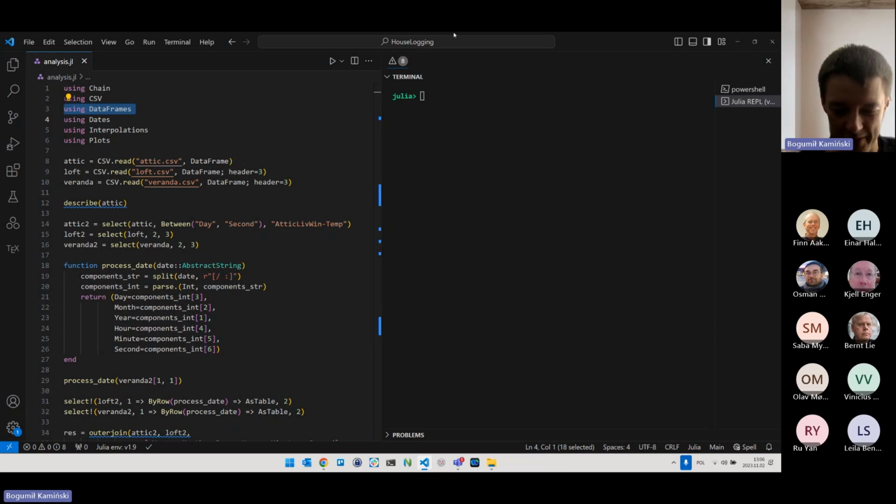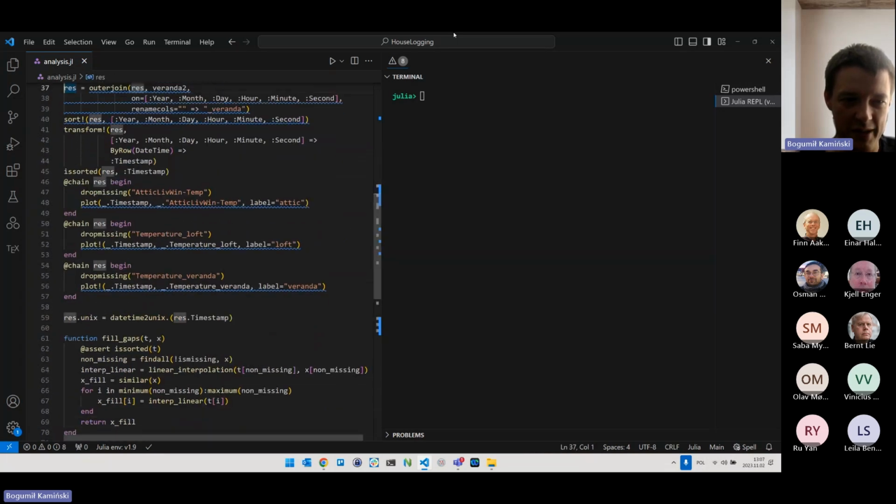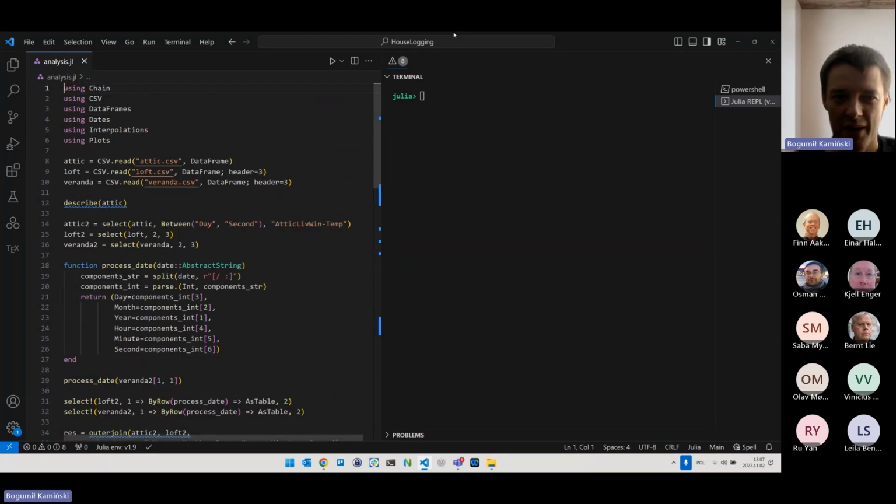mechanisms and algorithms that are used to transform and work with tabular data. So for example, this means that things like select, as we have shown, or for example, joins, like here we have the outer join function. Those are the functions provided by this package. But as opposed to Python pandas,